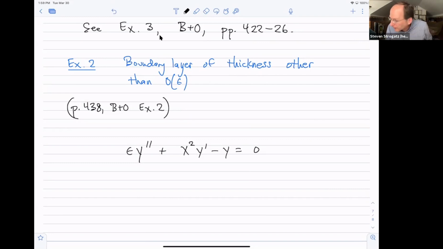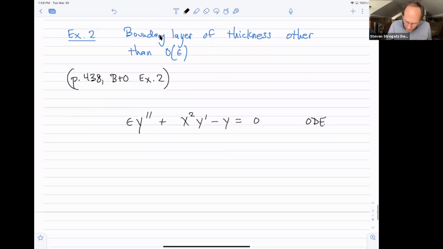Anyway, all right, so back to this problem. There's our ODE, and let's suppose we've got boundary conditions, which are, the first one will be y of 0 is 1. And the other one will be y of 1 equals also 1. That's my second boundary condition. And so this is a little bit funky because of that x squared term.